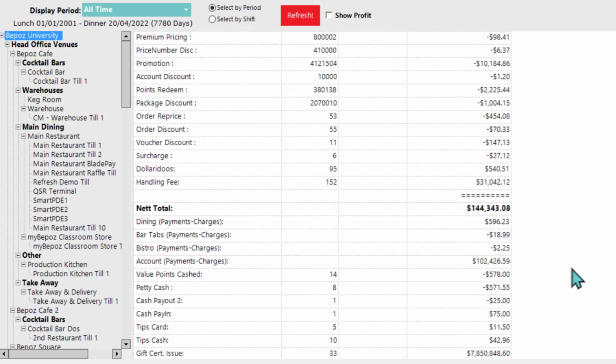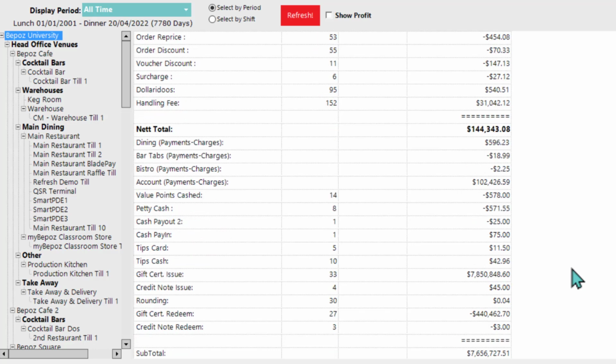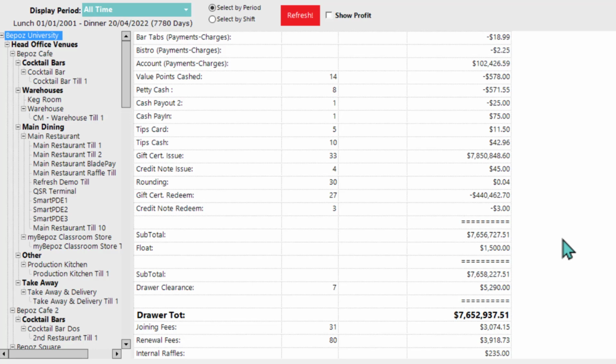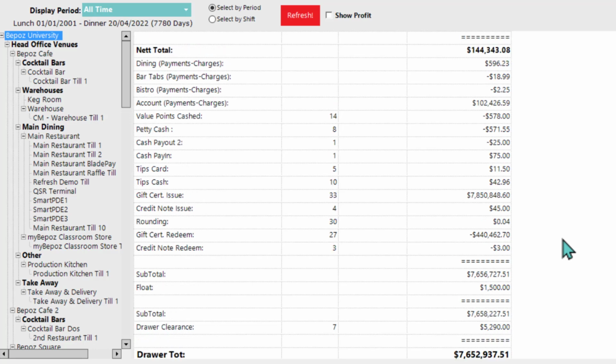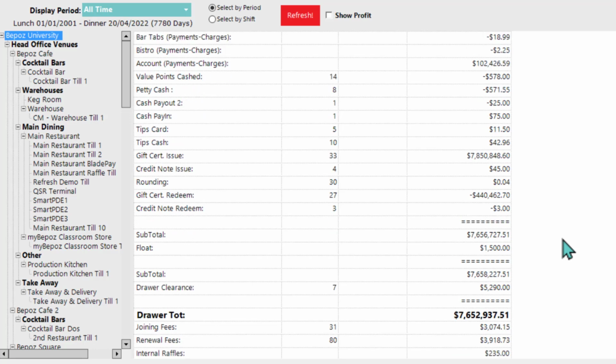Again, this would not be covering everything that could be shown on a till balance report, and probably shows quite a bit that may or may not show in your till balance report for your database. But either way, hopefully you've gotten a pretty good idea of what this report can be used for, the different options that we have for what data we want to show or what data we want to hide, and the workflows that we can use, whether from back office or from SmartPOS, to run this report, enter media counts,